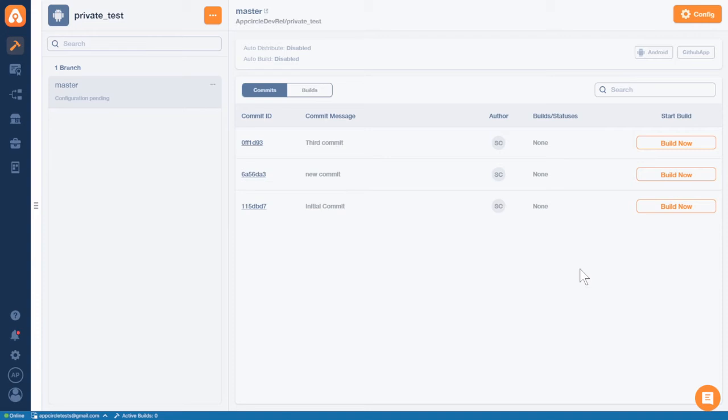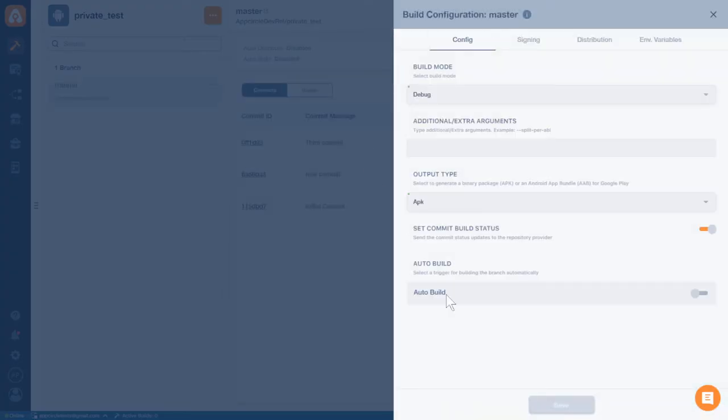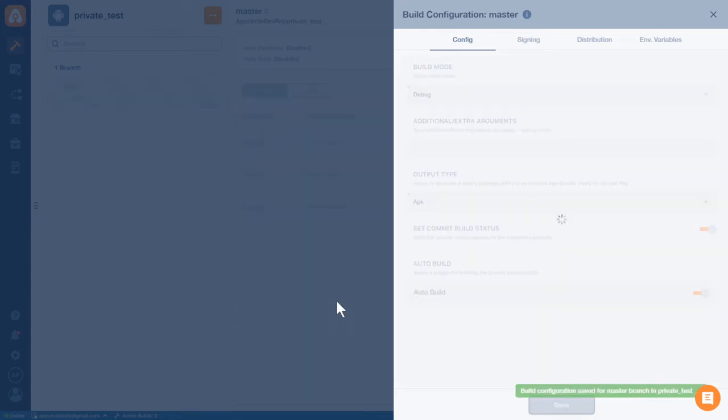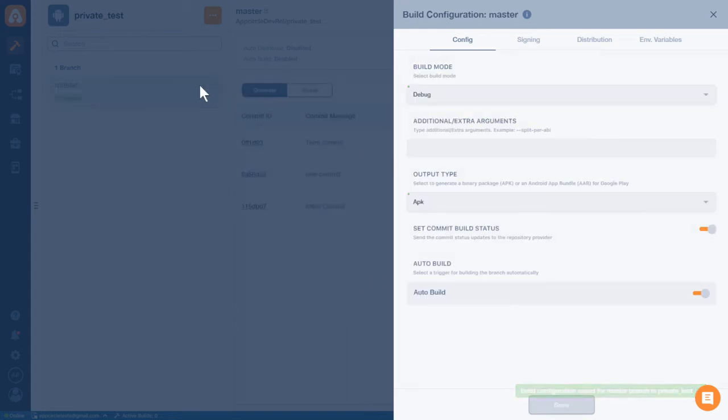Now, the only other thing to do here is to go up in the upper right to config and click auto build. This will allow you to build on push. And also, if you want to be running tests on Flutter,